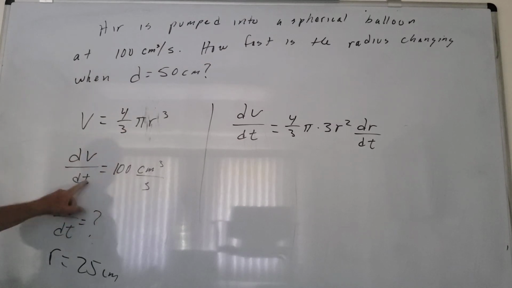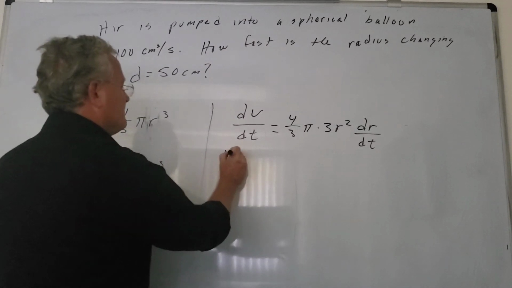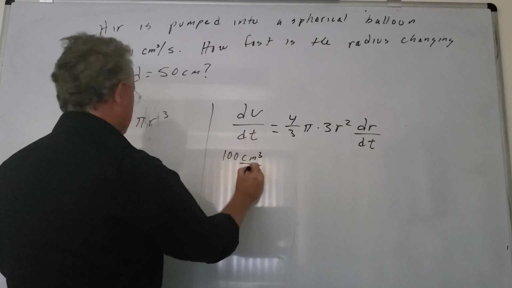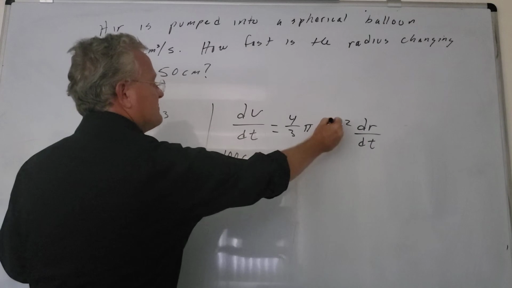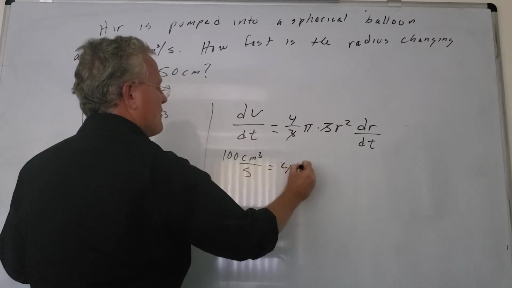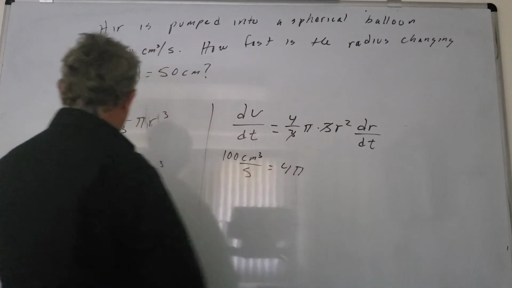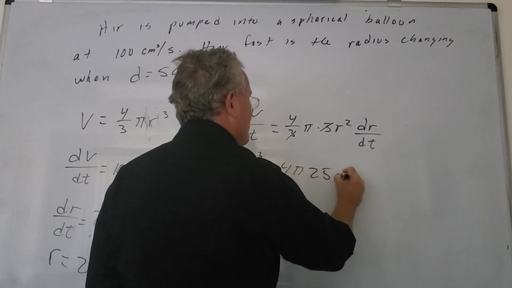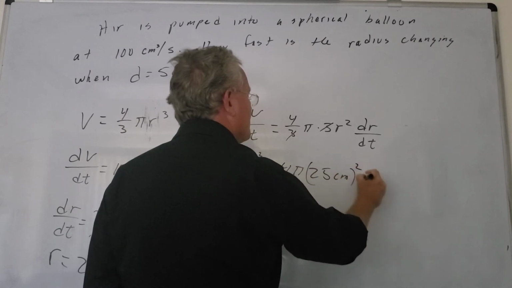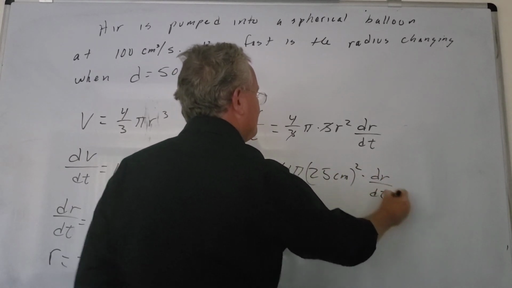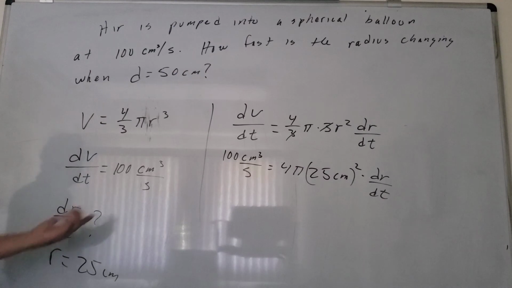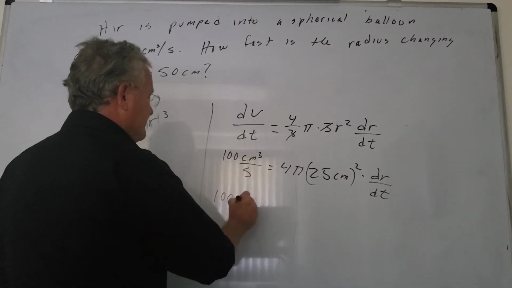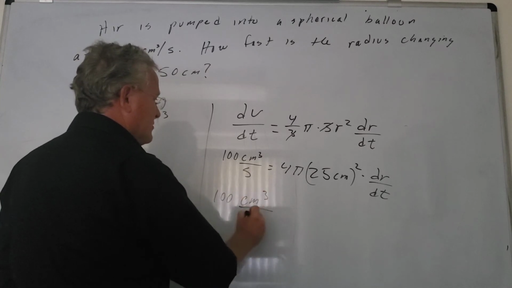dV/dt is 100 cubic centimeters per second equals, this 3 cancels with that 3, so we get 4 pi times r squared, but r is 25 centimeters, so we get 25 centimeters squared times dr/dt. dr/dt is what we're asked to find, so we just divide this. So we have 100 cubic centimeters per second,